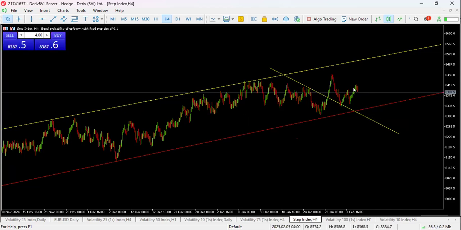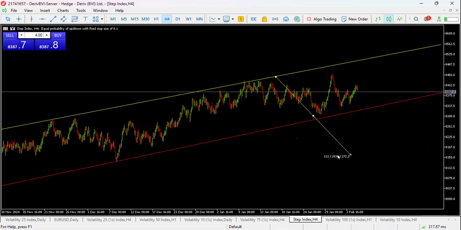Once price breaks out, there will be some sells. Don't rush and enter, because it could be a fake breakout. To avoid that fake breakout, this is what I mean. When you see the market break through something like this,